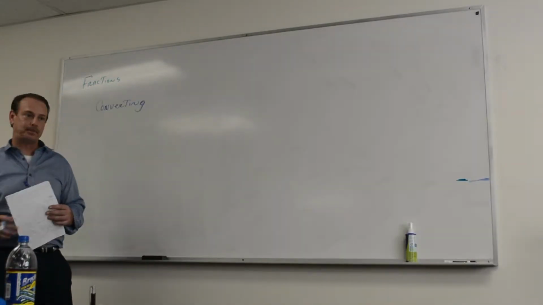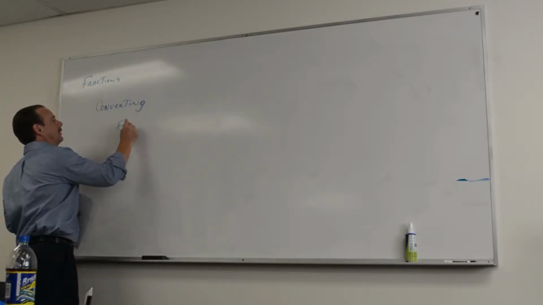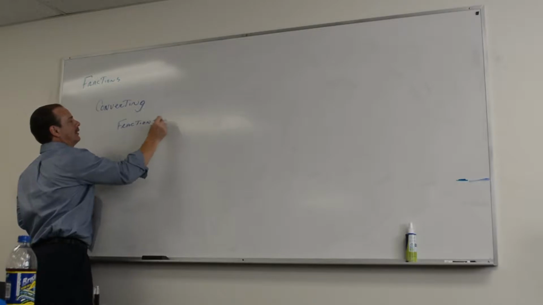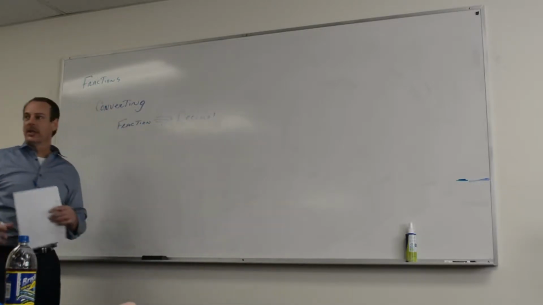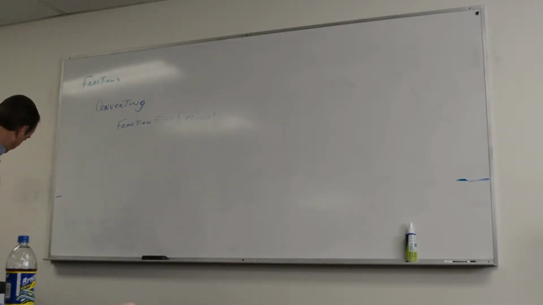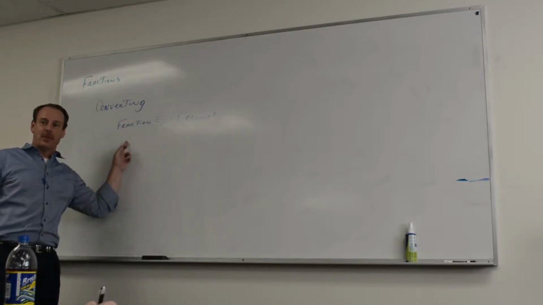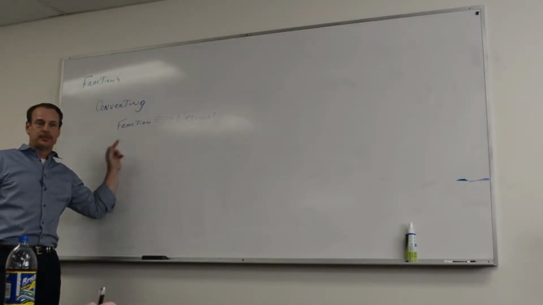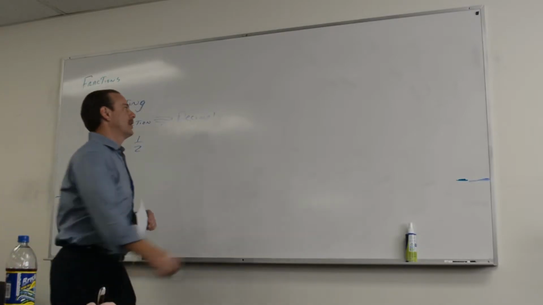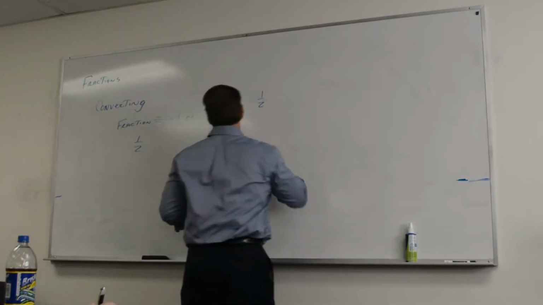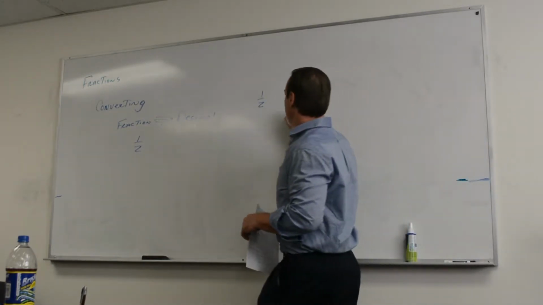Let's go to converting. First thing we're going to do, fraction to a decimal. Let's go like this, before I kill myself. Every fraction can be converted to a decimal. Every decimal can be converted to a fraction. Let's start out easy. We got a fraction, 1/2. How do we convert that to a decimal? Yeah, I know you know what it is, but how do we do it? Process. You just bring it over and say